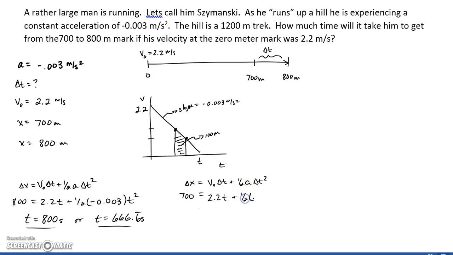So 1/2 negative 0.03 times t squared. Again, quadratic, whatever method you got to do it. But now I get t equals, let's see, what do I get here? 1,000 seconds, or t equals 466.6 seconds. So again, I have two answers, and it's not like I can immediately get rid of one because